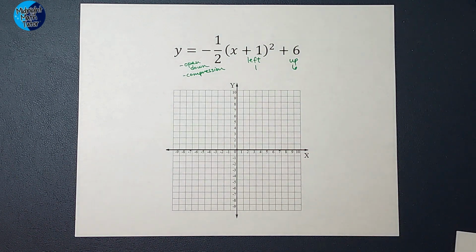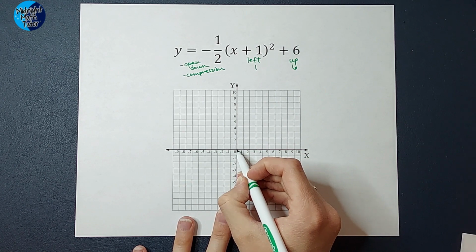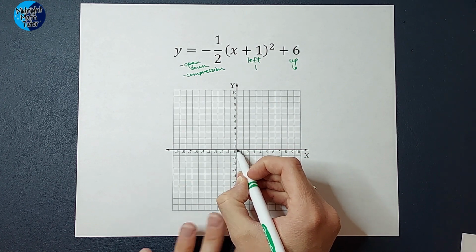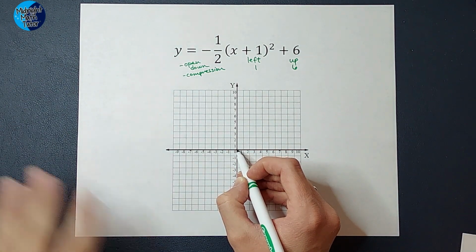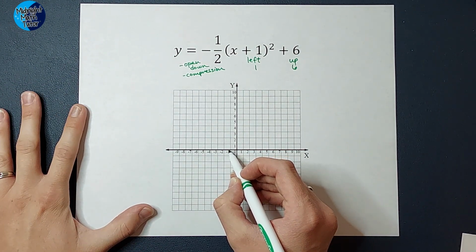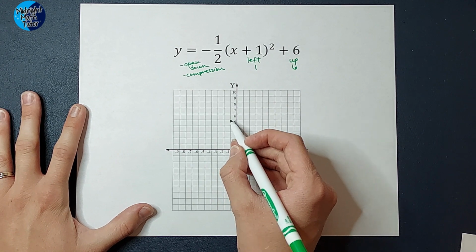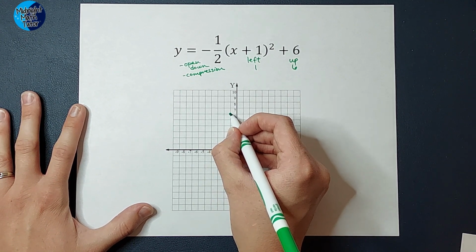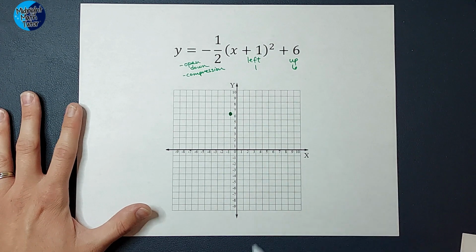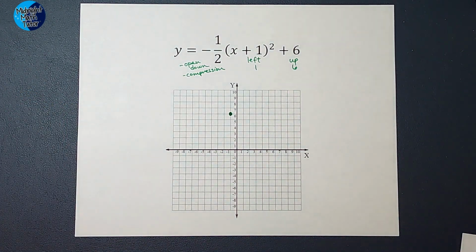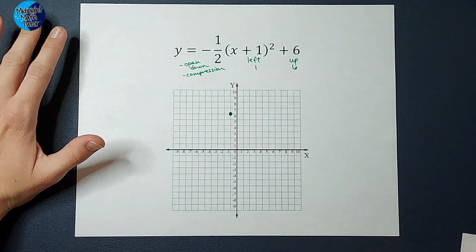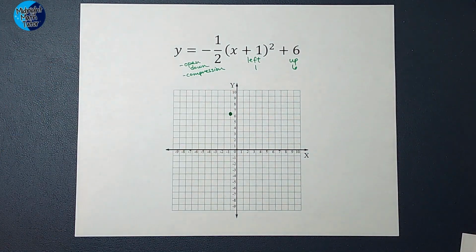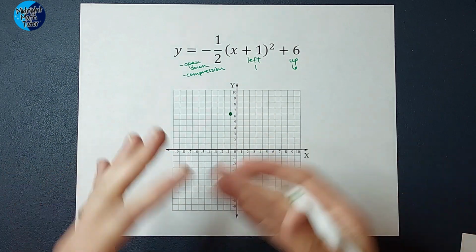Okay, so on my parent graph, my vertex is at 0, 0, okay? But we figured out with our equation that this one is going to be shifted to the left 1 and up 1, 2, 3, 4, 5, 6, okay? So this is my new vertex, okay? And then we know that it's going to open down, right? Like a frowny face, and that there's going to be some sort of compression that makes it wider than my